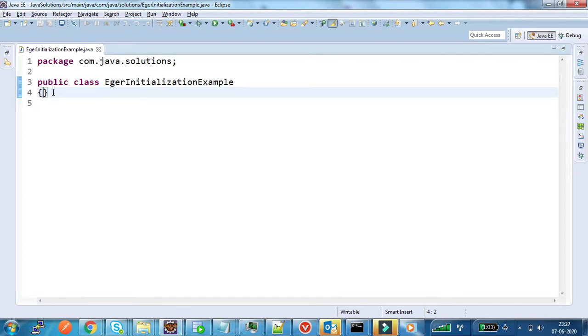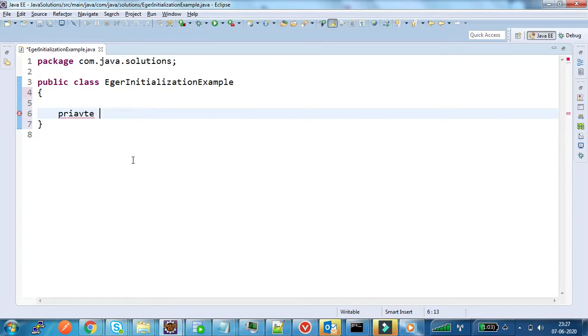Now I am creating one class and making that class a singleton. For that, first I am creating the private static variable. The type of the variable is the same class. The name of the variable is instance.